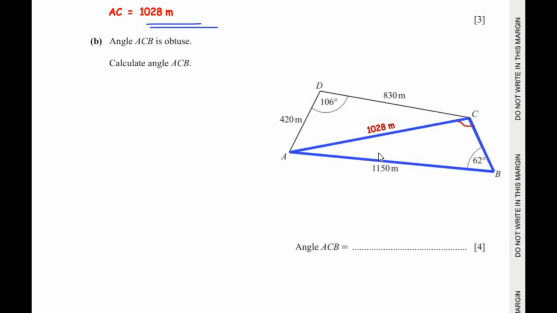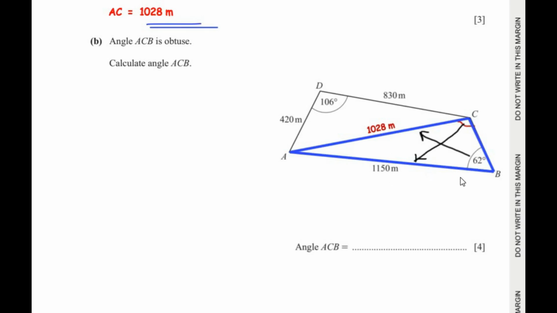Now in this triangle, we have the value of angle B, that is 62 degree, and the side opposite to it is also known, that is AC, 1028 meter. Now we have to find out the value of angle ACB, and the value of the side opposite to this angle is also given, that is AB, 1150 meters. So in this case where we need to find out one angle, and we have two sides with us and another angle,